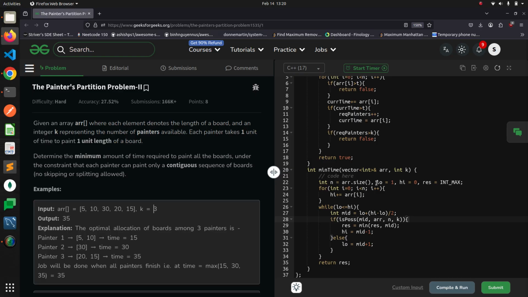We will initialize low by 1, because 1 unit will be required at least, and high will be the sum of all the units of this board. Because if one painter will paint all the boards, then the high will be the sum of the elements of the array. And then we will iterate over this, we will check if this mid, which will be low plus high minus low by 2,